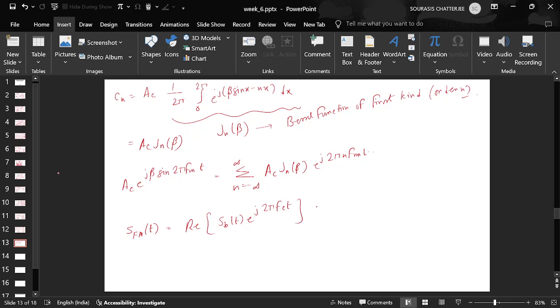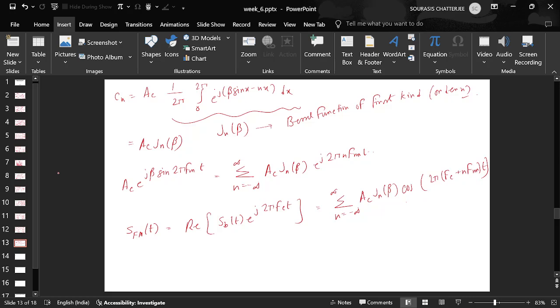So that would lead to this expression: sum over n from minus infinity to infinity of A_c J_n(beta) cos(2 pi (fc plus n fm) t). You take the real part, so that translates into cos of 2 pi (fc plus n fm) t,